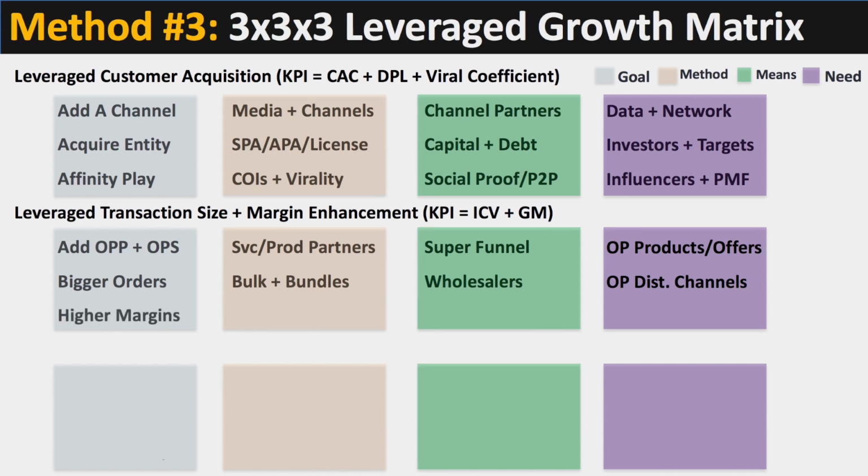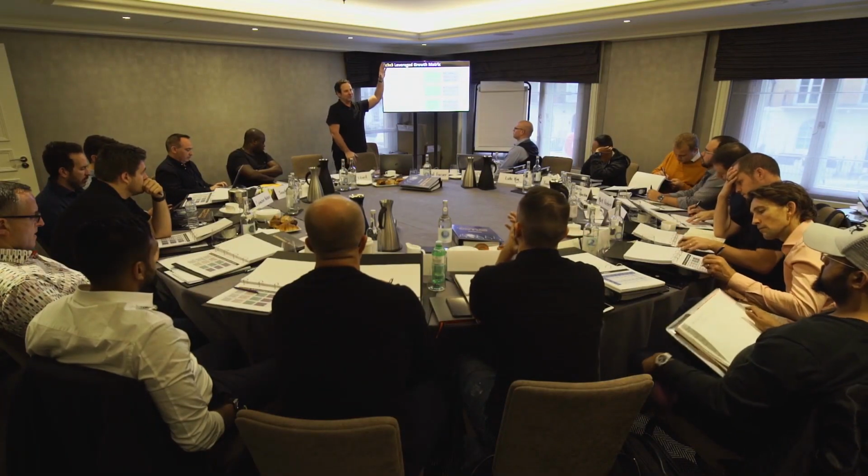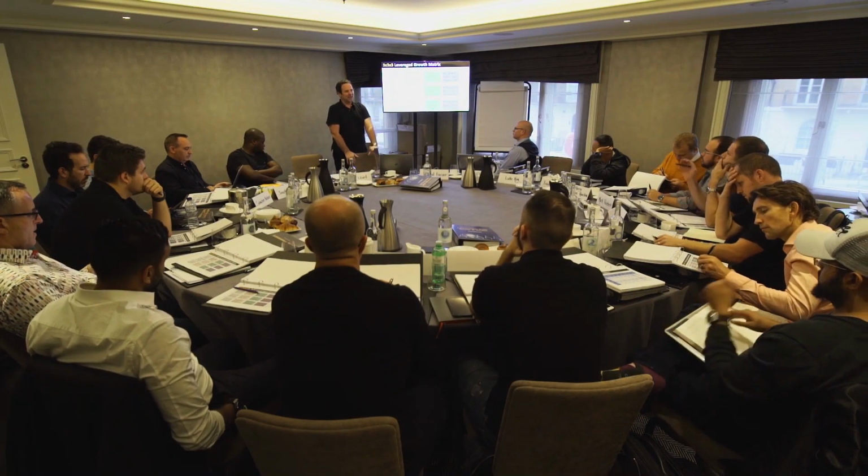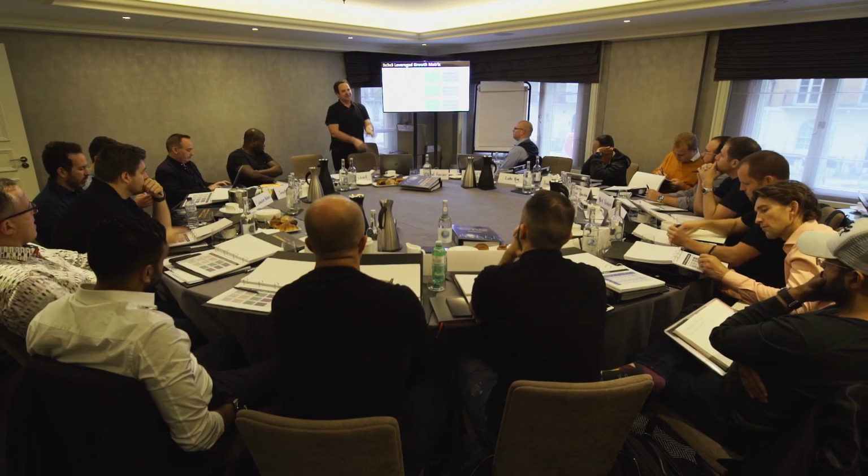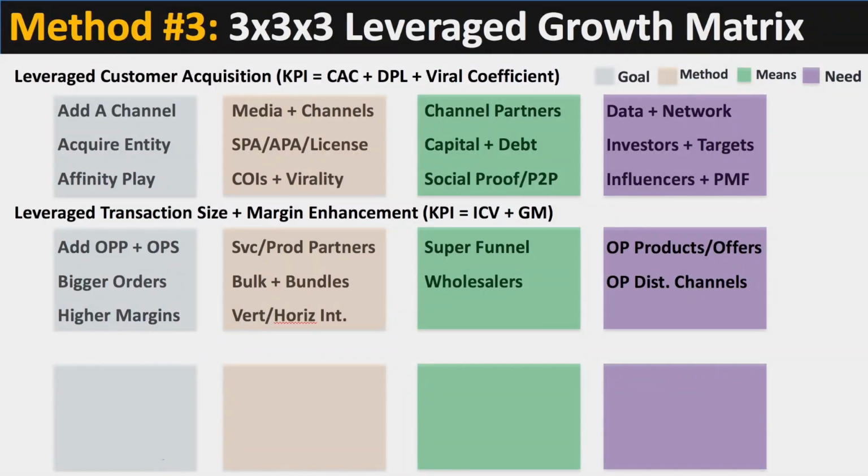And then higher margins. So how can we get higher margins? Typically with vertical and horizontal integration, that's the fancy business person's way of saying we're going to buy other businesses. It's vertical integration if you're buying up the supply chain or down into the distribution chain. It's horizontal if you're buying other competitors. Typically manufacturing and strategic relationships, and our need here is just some sort of supply chain. SC is supply chain. We're trying to consolidate that. So that's leveraging the transaction size.